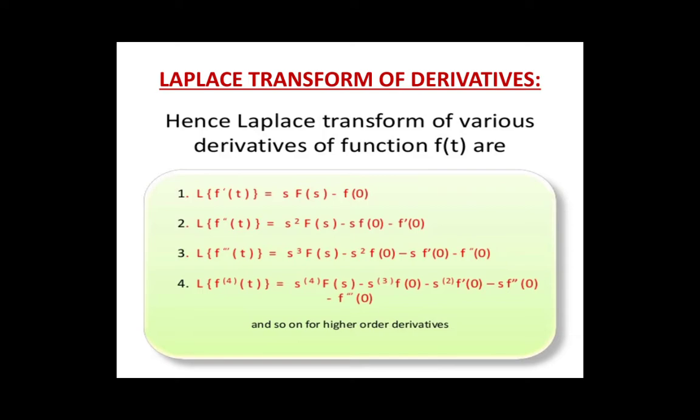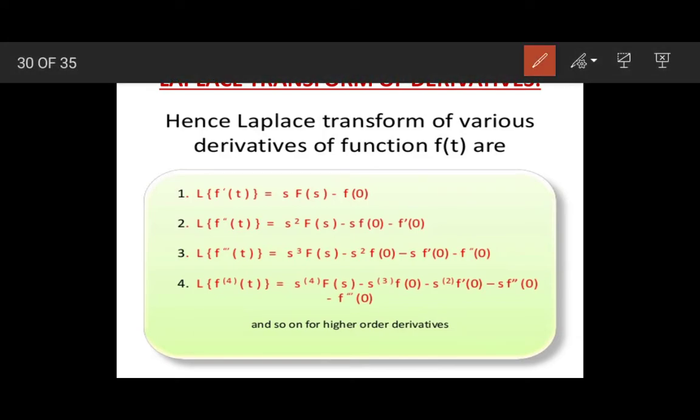So, Laplace transform of derivatives. First we need this concept. The Laplace transforms of various derivatives of a function f of t are: the Laplace of the first order derivative is equal to s into F of s minus f of 0. For the Laplace transform of the double order derivative, you just have to remember this. You can consider this as a formula and you have to learn this. So Laplace transform of f double dash t is equal to s square F of s minus s f of 0